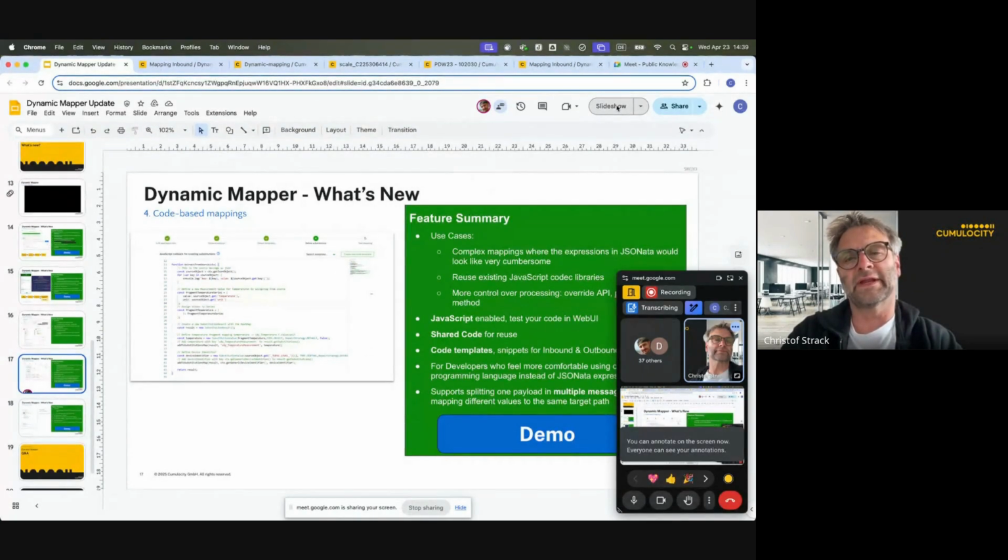Codecs exist, and customers would like to reuse these libraries. So there's a good way to use these code-based mappings for this. And there are cases where you would like to have a little more control over how your mapping is processed at runtime. We have seen, for example, for inbound mappings, you can define the target API, either alarm, event or